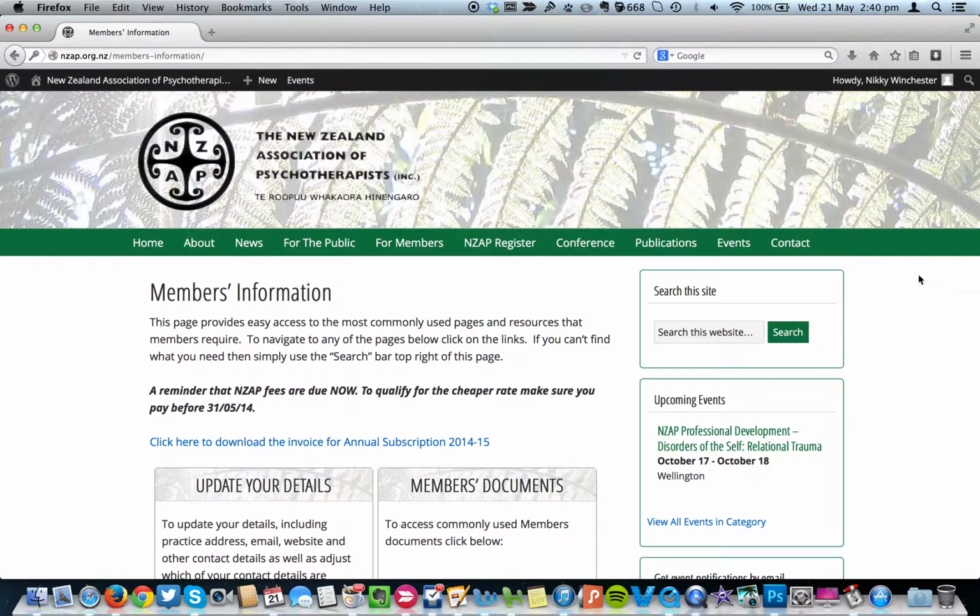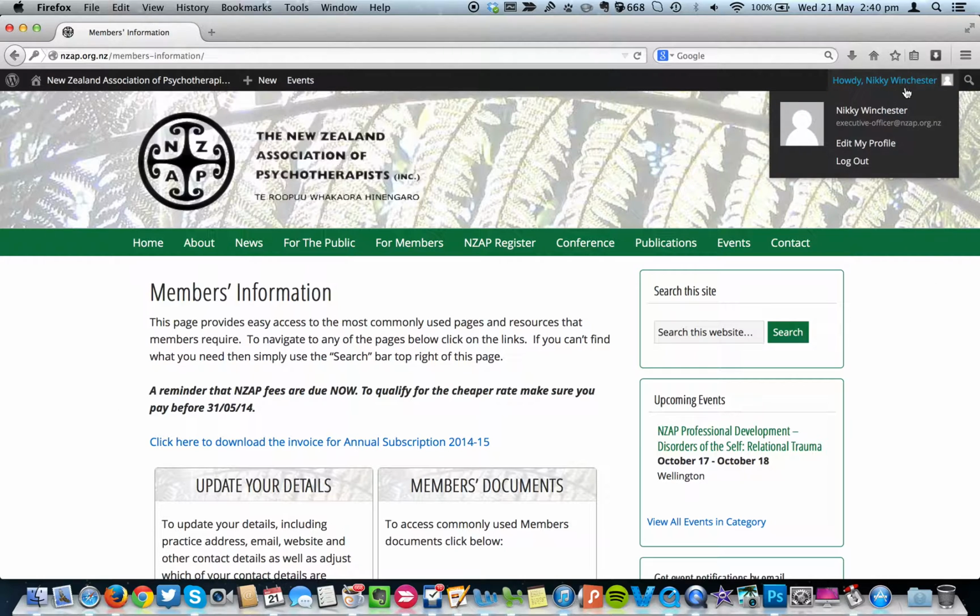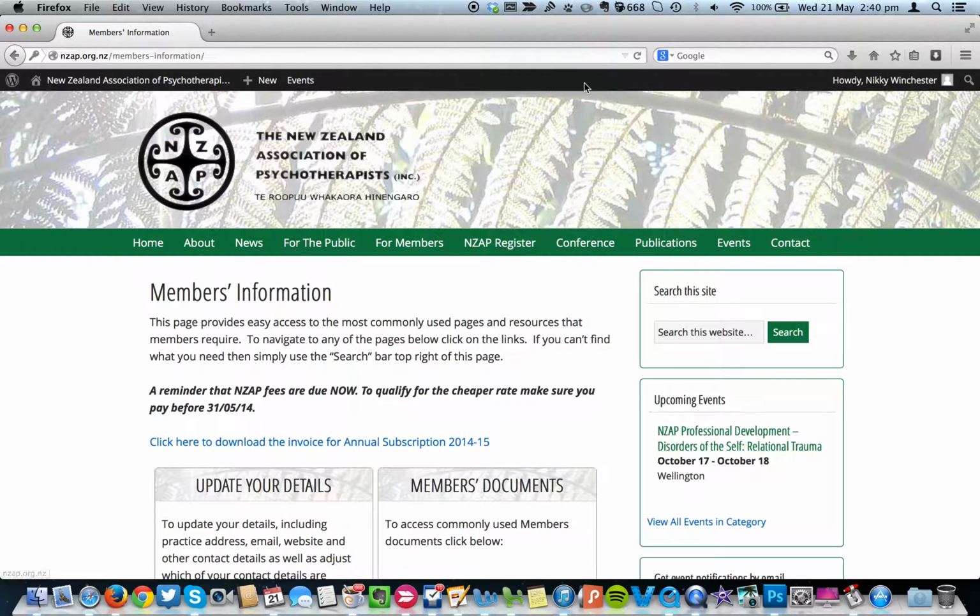So there's two things to notice. First of all, you'll see your name up in the top right hand corner, just confirming that you are logged in as yourself. And the second one is that this black bar appears here. Now, for people who have access to any functions of the website, this is the navigation bar that they'll need to know about. So, the first thing to notice is if we go to the register,